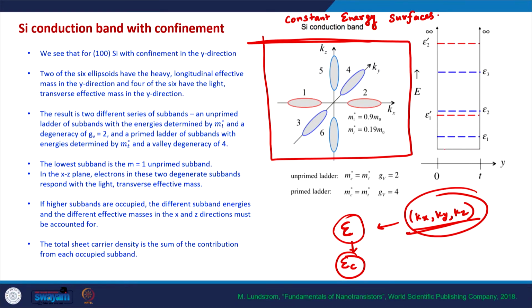And now in the channel, because of the quantum confinement, electrons are confined in the y direction. Electron movement is restricted in the y direction, although they are free to move in the x and z directions. So, if we look along the y direction in this particular plane, in this direction the electronic mass